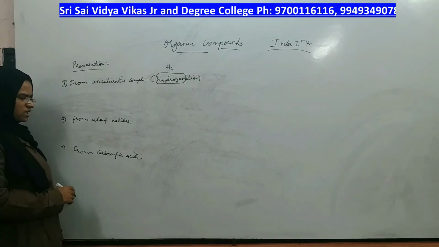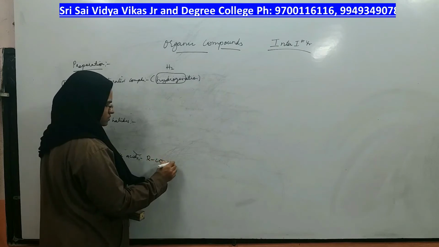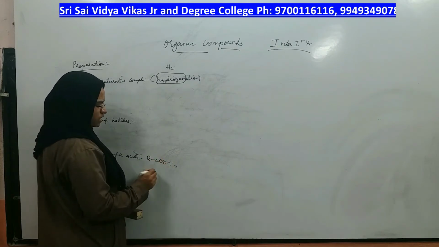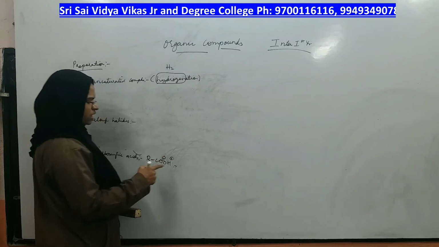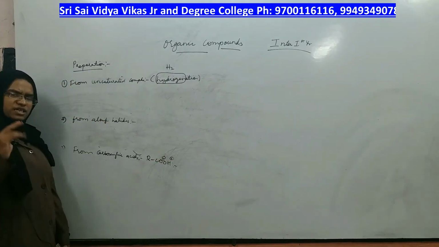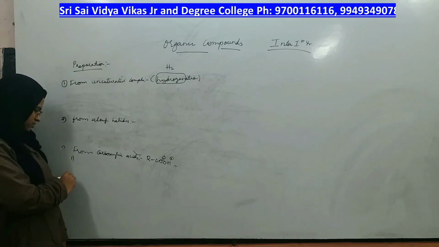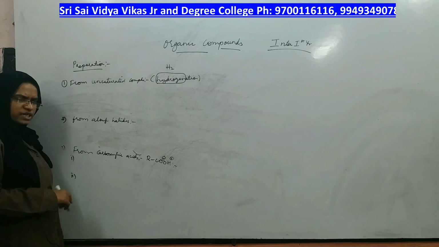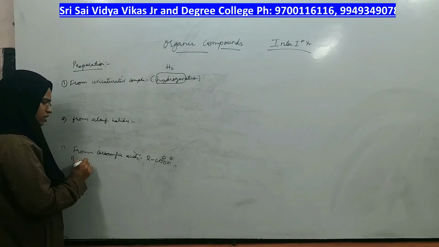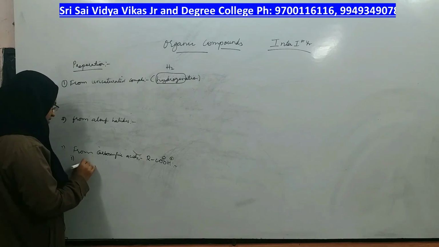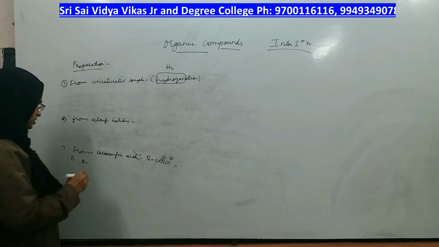The next one is carboxylic acid. What is the formula of carboxylic acid? Right? In carboxylic acid, how will the charges be? COO minus and H plus, right? These carboxylic acids can react in two different methods to give you alkane. One of the methods is by removing carbon dioxide, called decarboxylation.